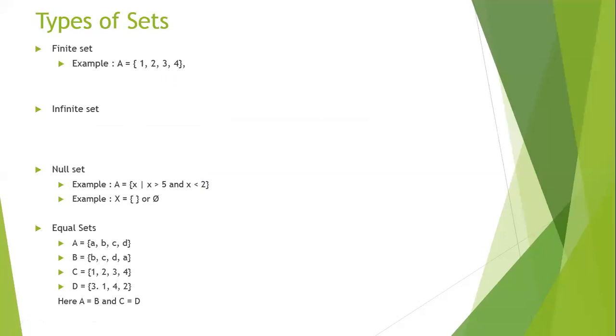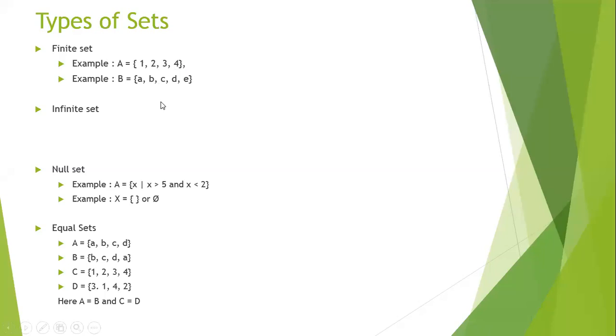There is a limit, there is a range. I know from where I am going to start my set and at what point I am going to end my set. I start my set from 1 and end at 4. So finite sets are sets having a limited number of elements, or a number of elements which can be counted. Let's take another example. B is equal to A, B, C, D, E. This is also called a finite set.